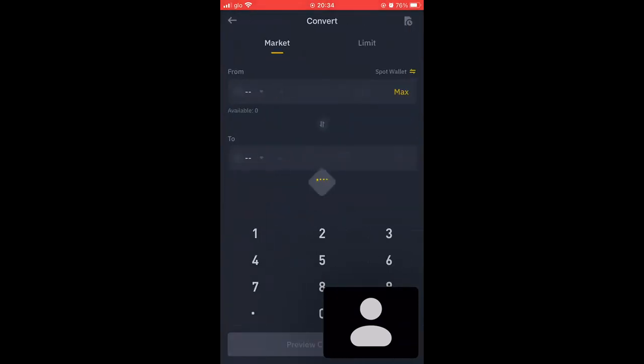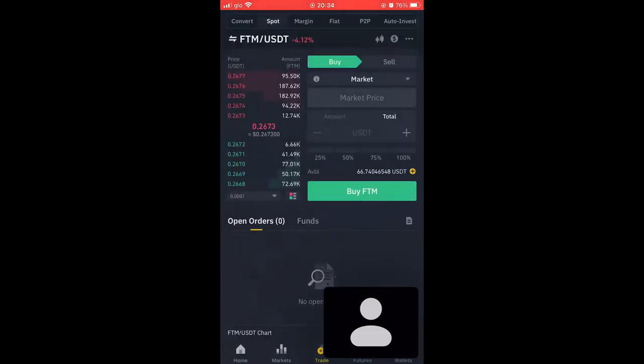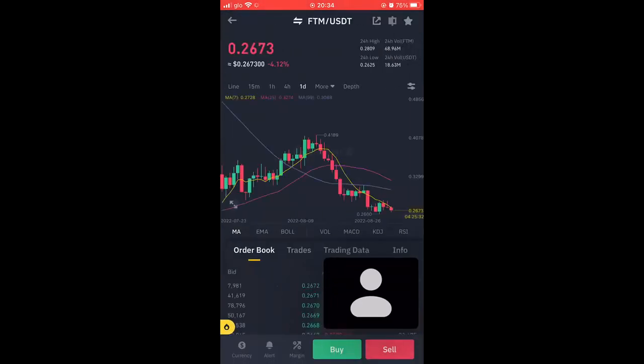Convert is basically when you want to change one asset to another. So I click on spot and I have the option to also see, if I want to look at my charts extensively, I want to see other things, I can look at it here.